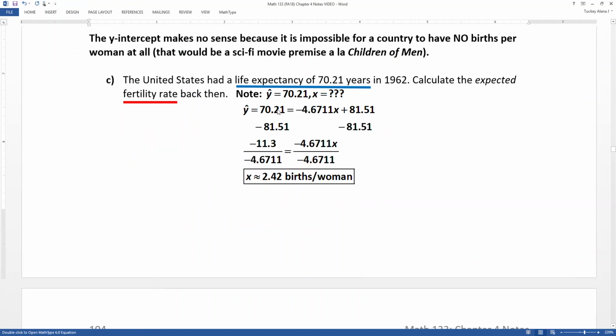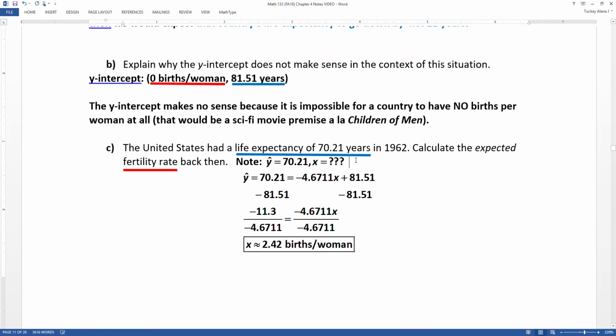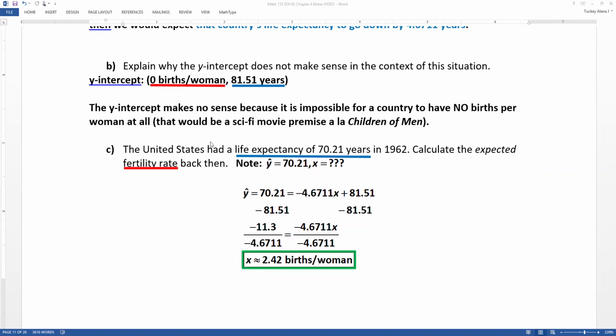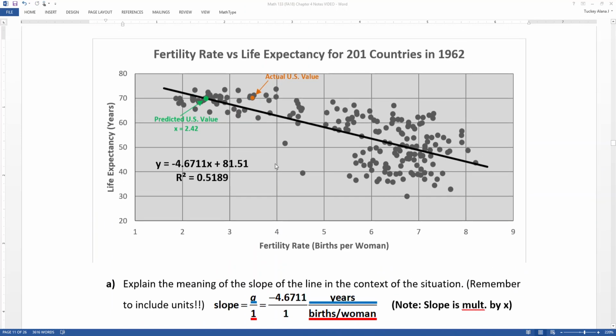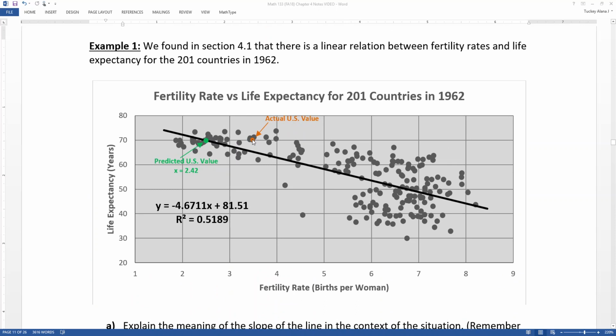All right, so let me go back up to the graph real quickly and show you what we just did. This problem's a little weird because we set the y value in stone. The actual US values are over on the right hand side, and we set the y value at 70.21. We work our way over to the line and figure out what x value we would predict. Our actual US value is somewhere in the 3.4 range, about halfway between 3 and 4. But where we predicted it would be was x equals 2.42, which is significantly over,